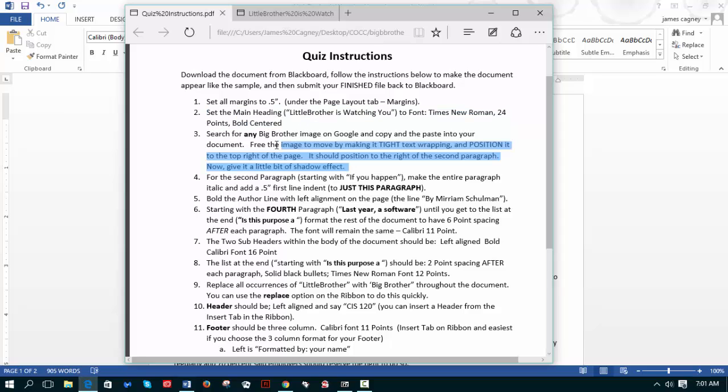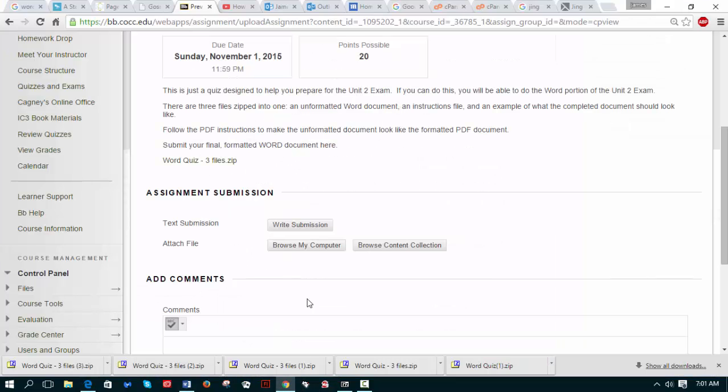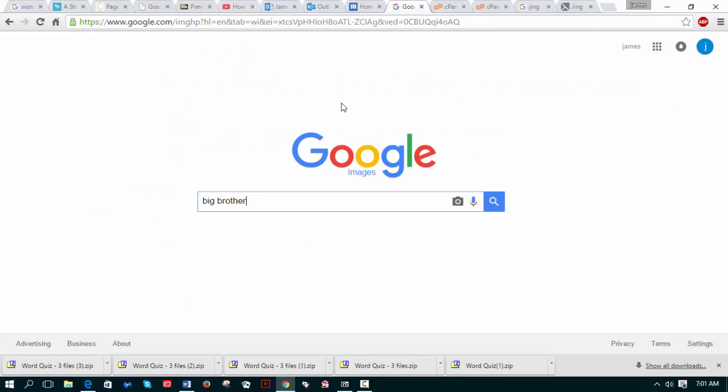My next instruction is search for any Big Brother image on Google or any other place you want to look and paste it into your document. And we're going to free the image to move around real easily by making it tight text wrapping, and we'll position it to the top right of our page, and we'll give it a little bit of a shadow effect. We'll do all that. So let me come out to my browser, get to Google, find Big Brother image,